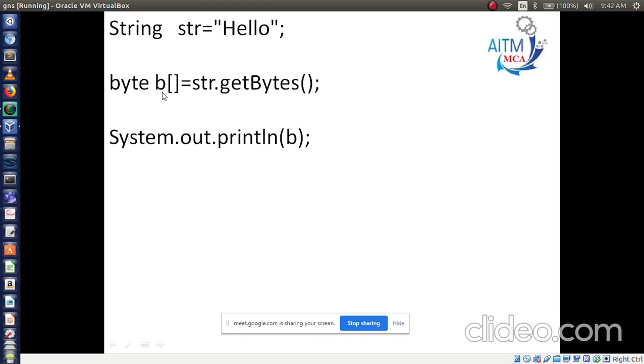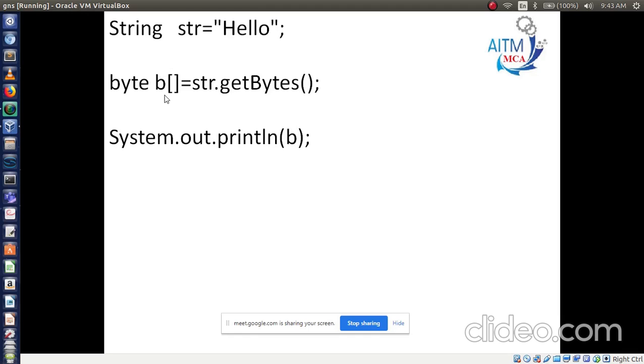B variable. B is which data type? Byte data type. We are applying which method? getBytes, from str. Str contains the values hello. These values are going to be converted into bytes and stored in variable B.